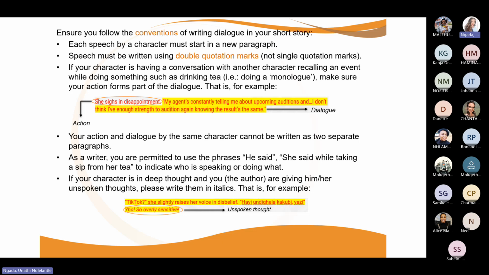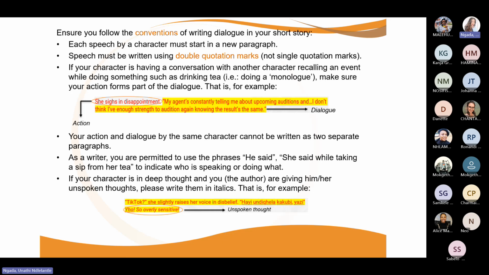In the past, I have read short stories where, when a character starts speaking, it's a new paragraph. And then when the other character speaks, they don't write it in a new paragraph, but put it in the same paragraph where character A is speaking. So please, please, please ensure that whenever a character is speaking, the dialogue has to start in a new paragraph,